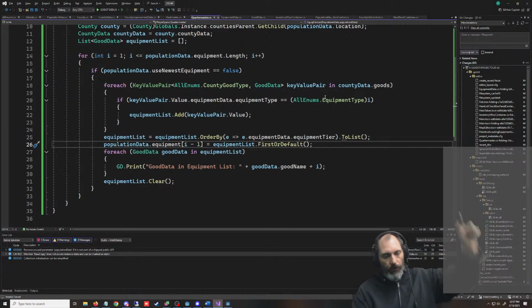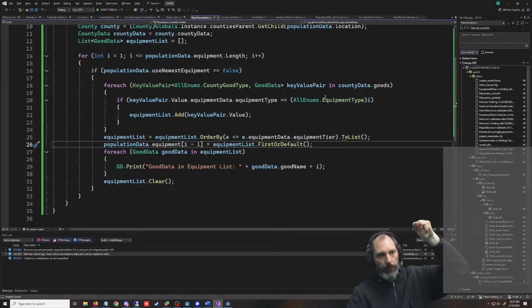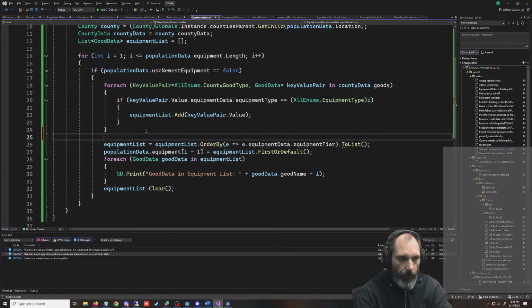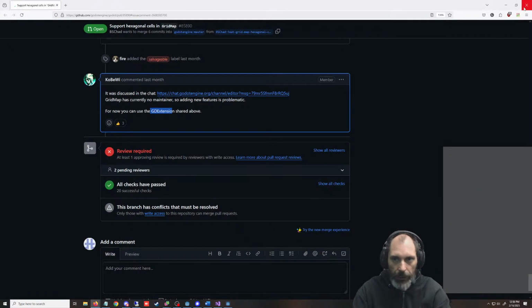We probably will want to move this list sorting thing up to the top. Yeah, we will. We're going to move this up to the top. And then let's put a note in. We'll push this code. Let's close all this.